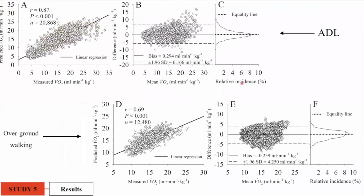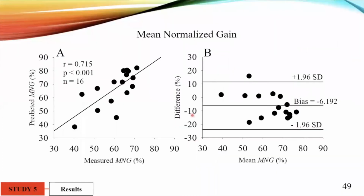And as you can see here, the machine learning model was doing a good job in terms of predicting the oxygen uptake during simulated activities of daily living and during overground walking activities. And if we extract the mean normalized gain from this data as an index of the aerobic fitness level, you can see that the aerobic fitness was similar when calculated from the measured VO2 or from the VO2 predicted from